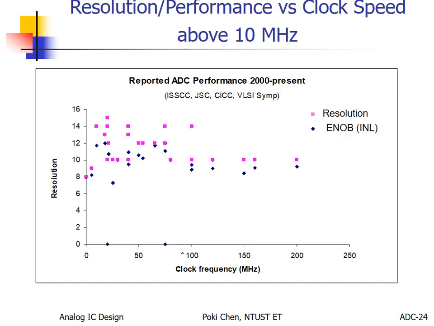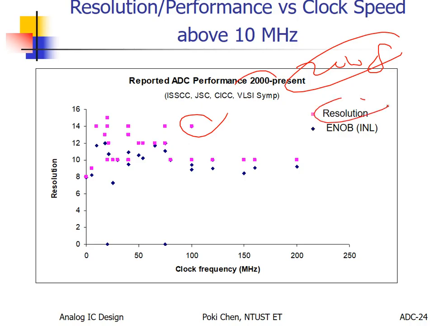This is some kind of brief highlight from 2000 to maybe 2008. Long enough for you to understand the tendency. What is the tendency you can see? The pink star means the nominal resolution. It means for your own design, you claim, I have 14 bits for the output. Congratulations, that is the so-called nominal resolution. But how about the effective resolution?